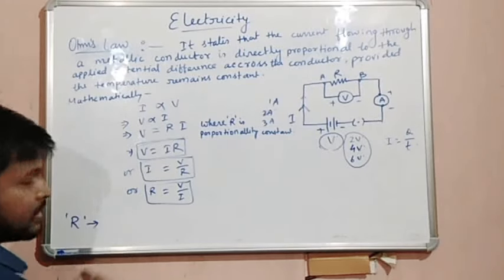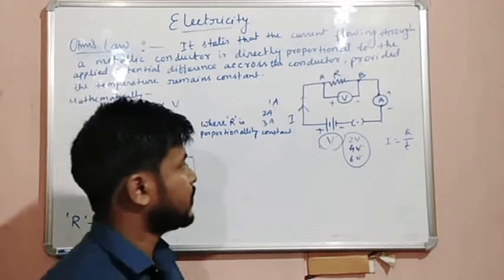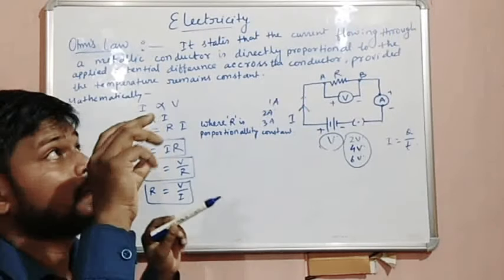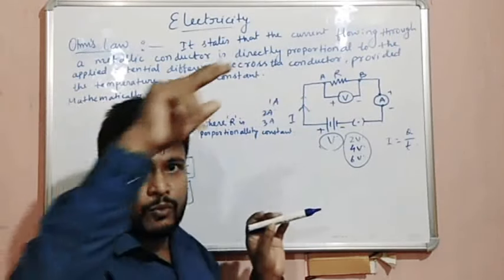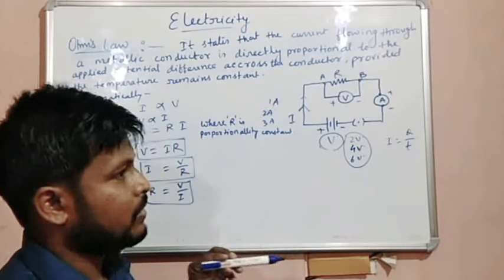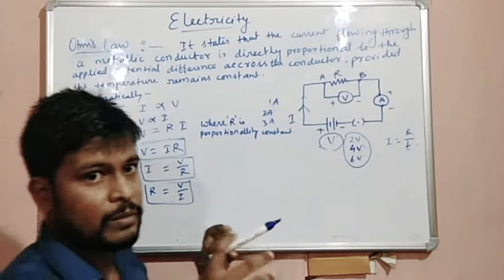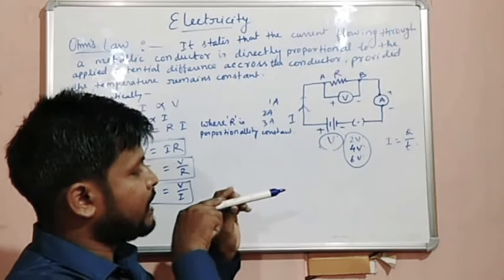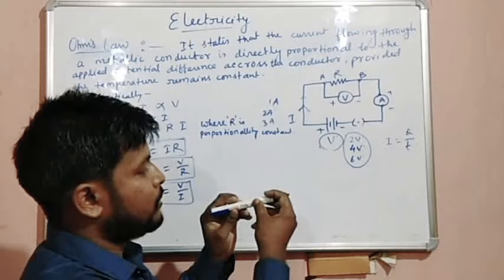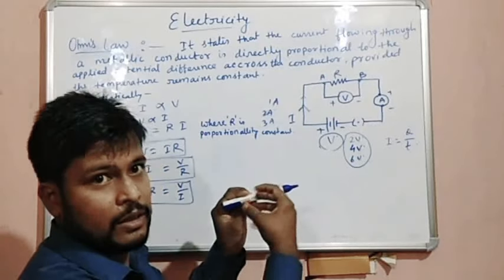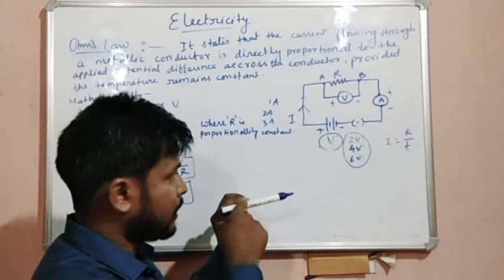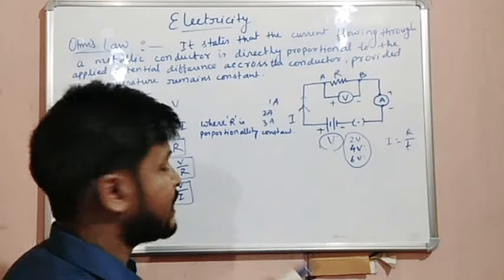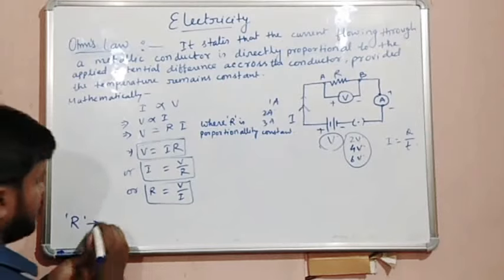What is resistance? Every metallic conductor around you, in our homes we have metallic wires, every metallic conductor has a resistance. The word resistance means the opposition to the flow of current. Whenever a current flows through a conductor, there is a lot of opposition going on inside the conductor. That opposition provided by the conductor to the flow of current is known as the resistance of the conductor.